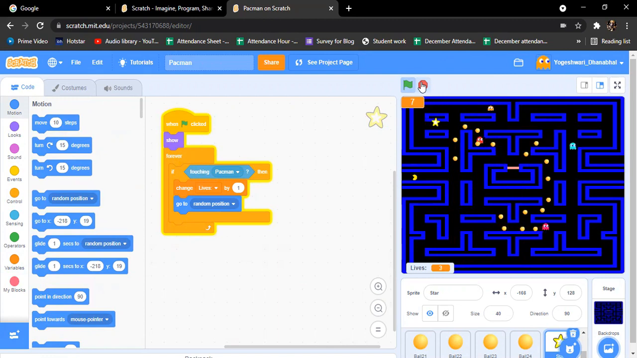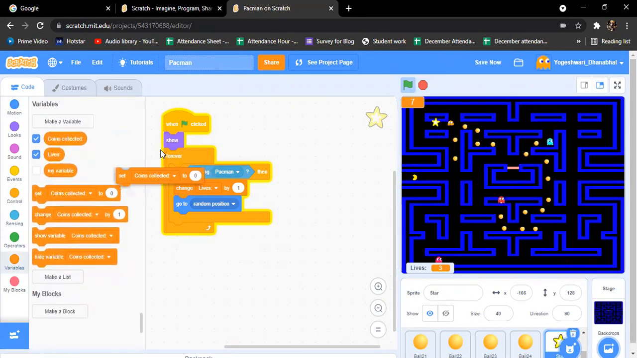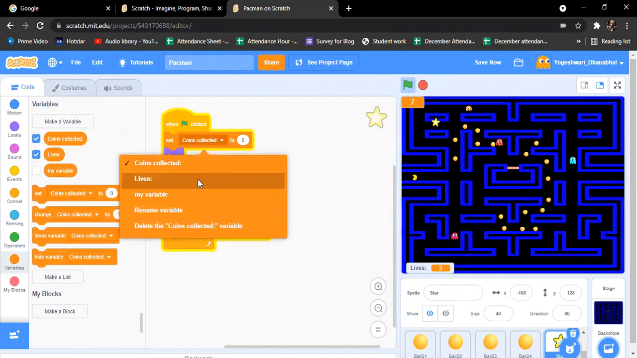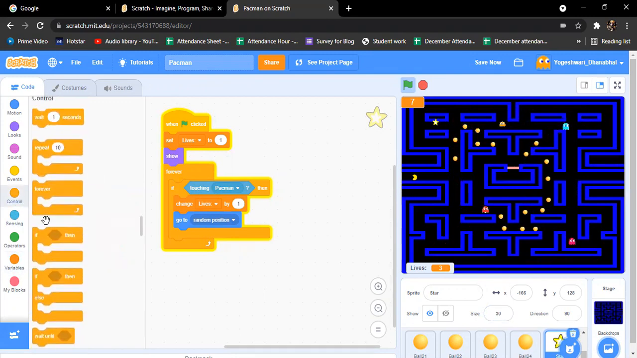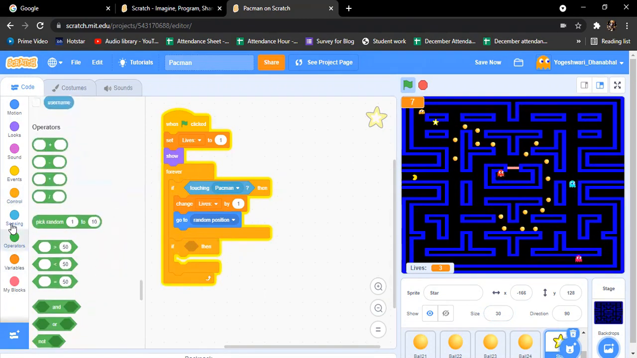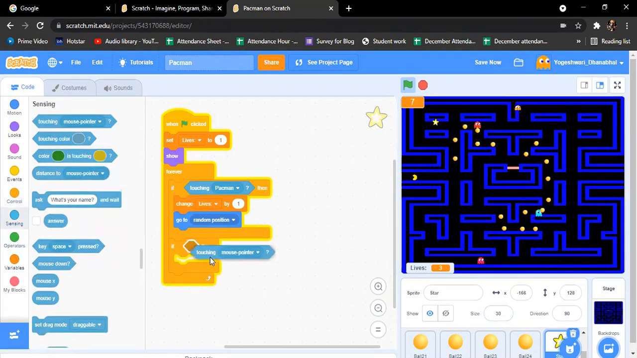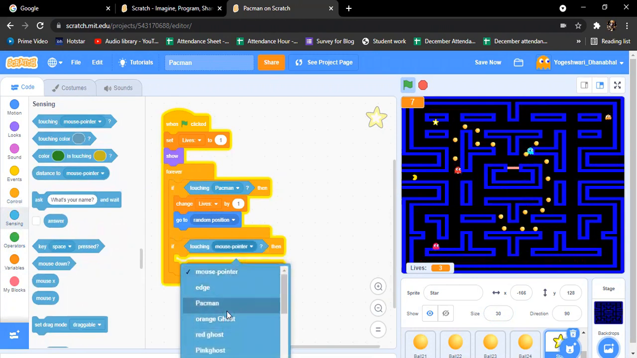Okay, great. So whenever I'm touching that, my lives are getting increased, but it's just continuing from where I left. So what I'll do is I'll say set lives to 1 whenever the game starts. And then, can you see, after touching it, it's just there in the middle of the blue, right? So what I'm going to do is reduce the size to 30, and I'm going to say